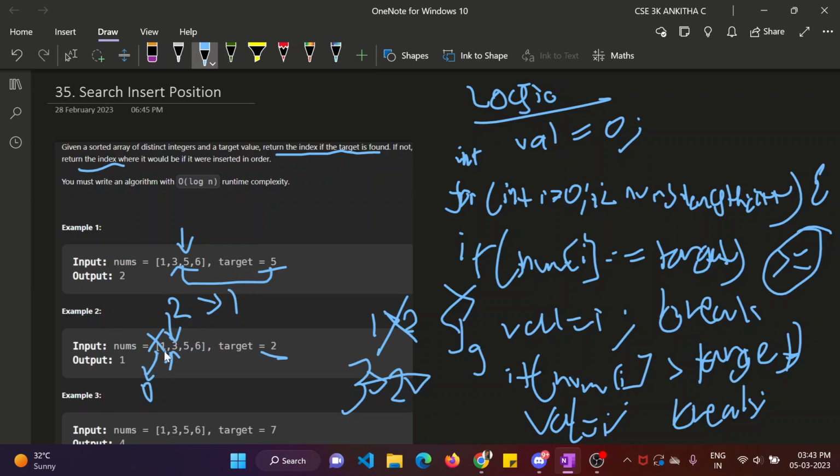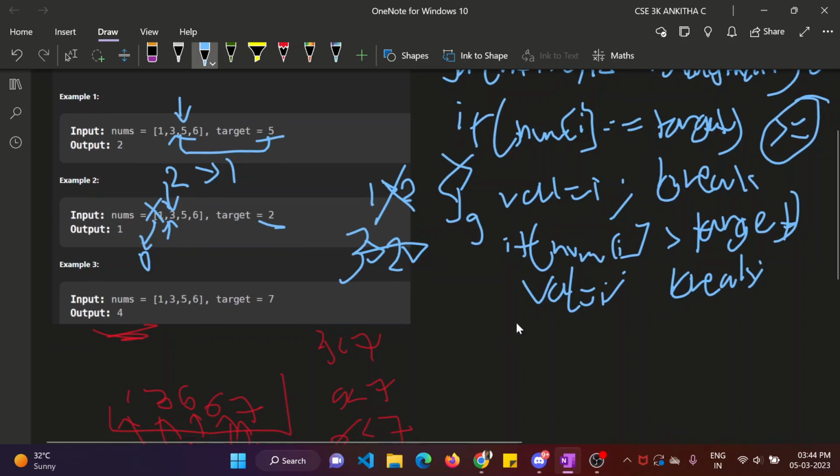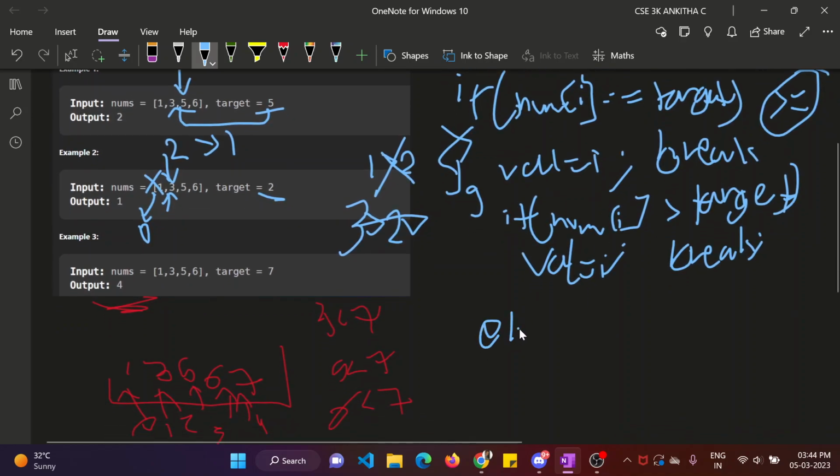So without 2, if you check, after 1, 3, so it will be 0. For 3, it will be 1 position. So the val value will be the current ith position itself. Hence, you initialize i equal to val and you just break, stop the iteration here and come out of the loop. If these both are not the case, else if